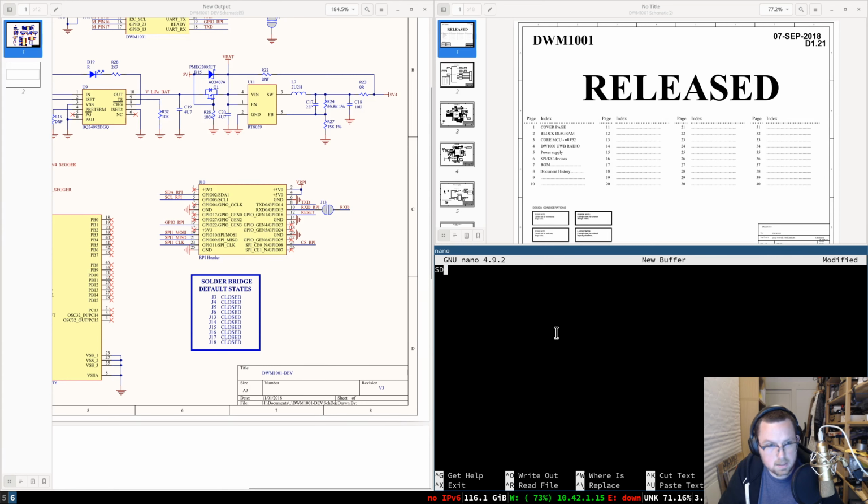So SDA, left row, skip, SDA, RPi, and SCL, RPi, and then I'm also going to probably need